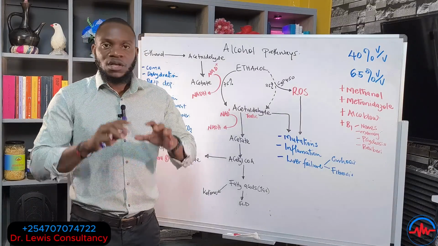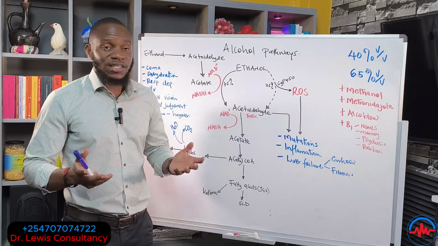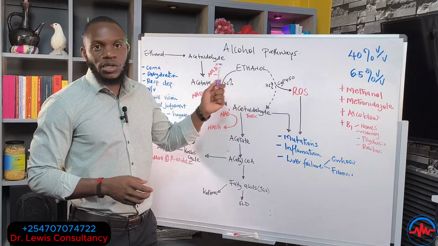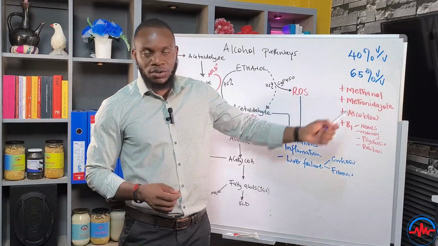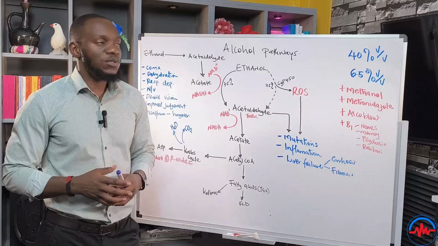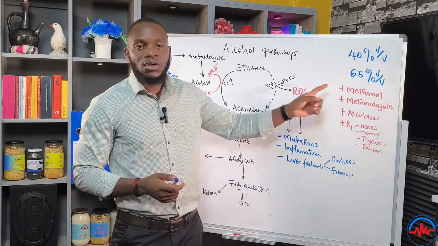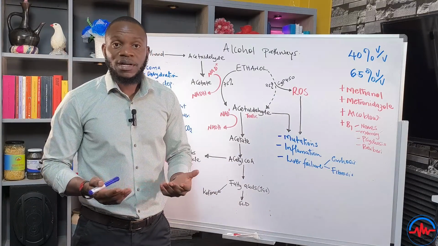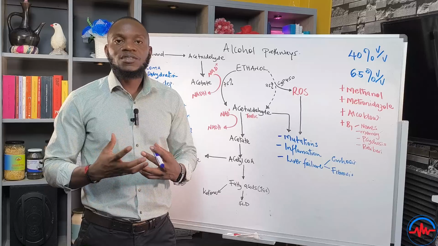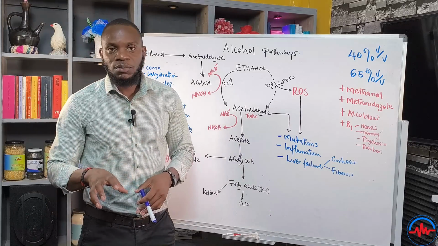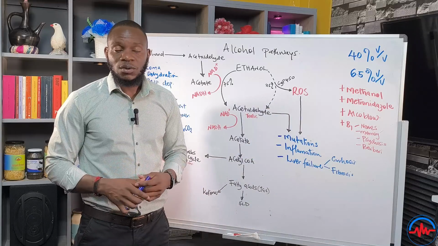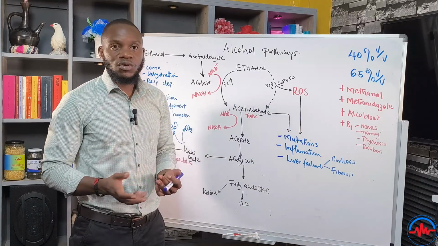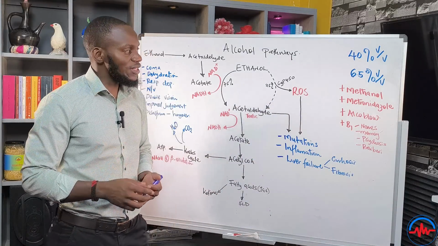But I want you to see this. The group of alcohols is a larger one. So we have ethanol, the one that we are talking about, the alcohol that you people know. And then we have another one called methanol. Now, methanol is highly toxic to the system, because when you break down methanol, you'll end up getting formaldehyde. Formaldehyde is a substance that is actually used to preserve dead bodies, the corpse. So when you drink methanol or you get intoxicated with methanol, you're actually preserving your body while you're still alive. That is one.